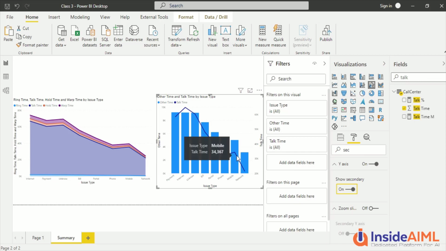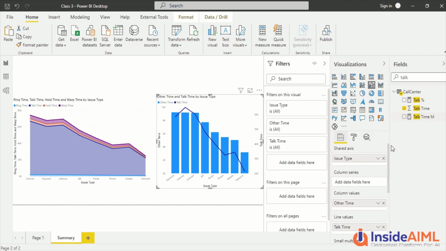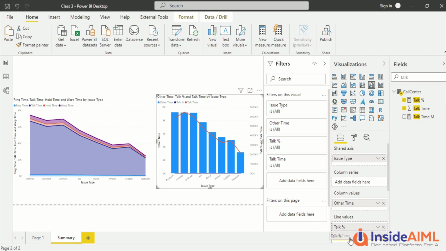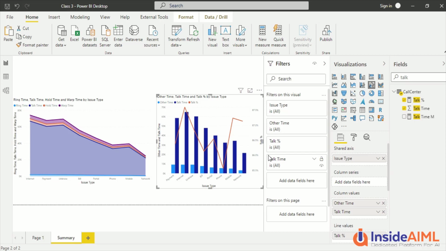In stacked I will have more than one; if it is only one stacked and clustered, this bar would be the same. Now I have secondary, or similarly I can go ahead here and add the talk time percentage in the line value. I can move the talk time out here, so I can have two bars, and then I have the line also. So all these combinations are possible.